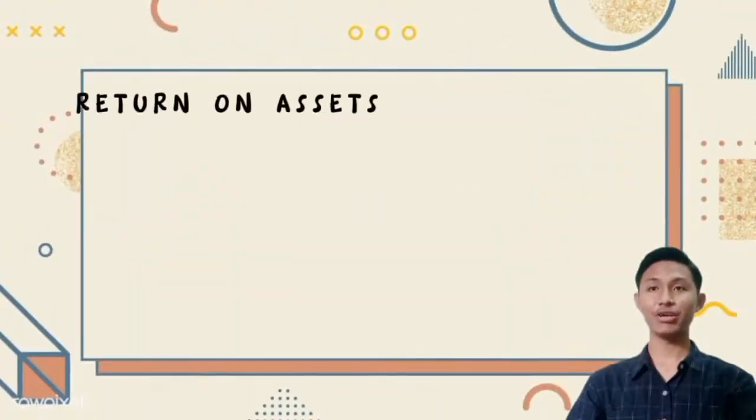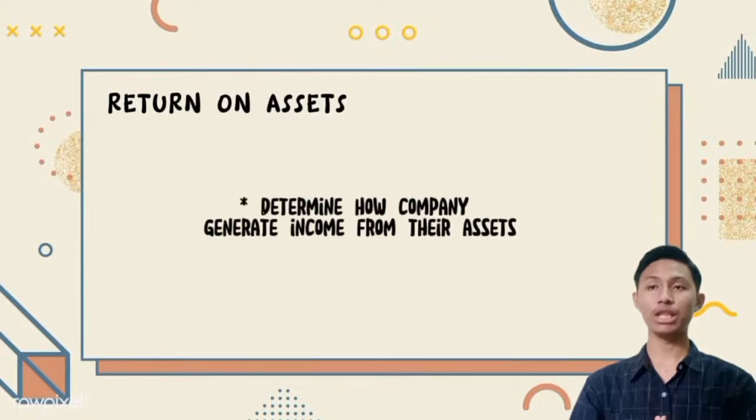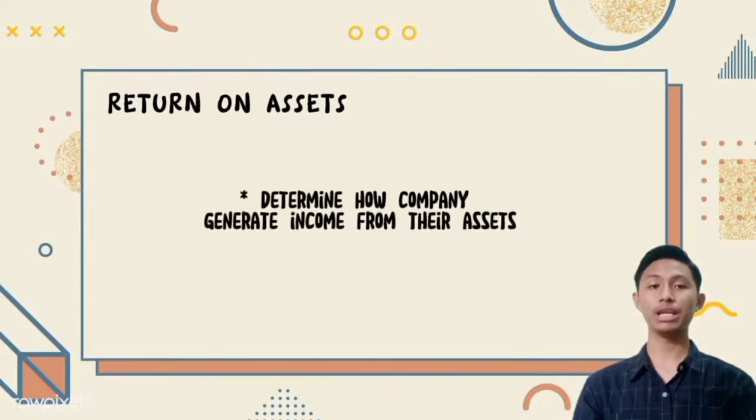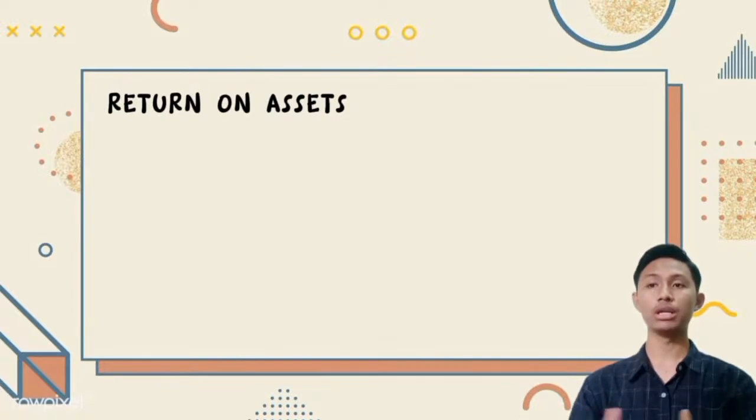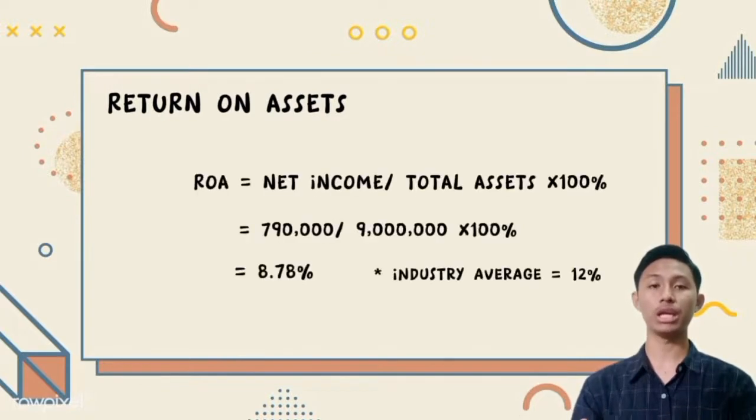Other than that is the return on asset, and the purpose of this ratio is to determine how effectively a business or firm generates income from their asset. To calculate the return on asset, we divide the net income by the total asset, which in this case we got the 719,000, we divide by the 9 million, and we multiply with the 100%,